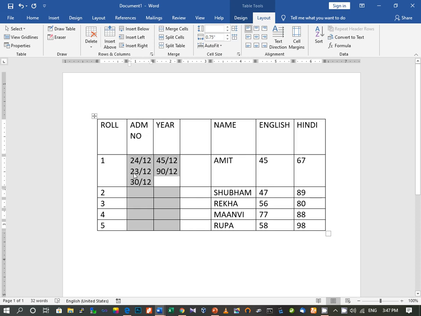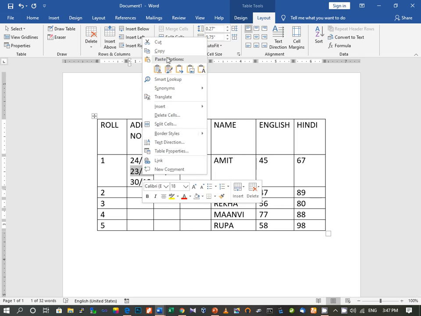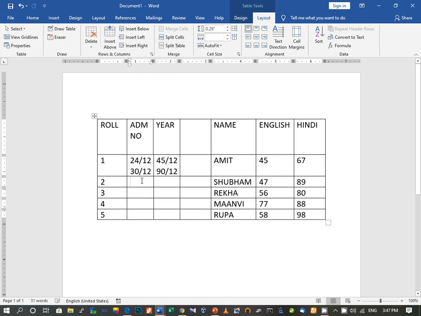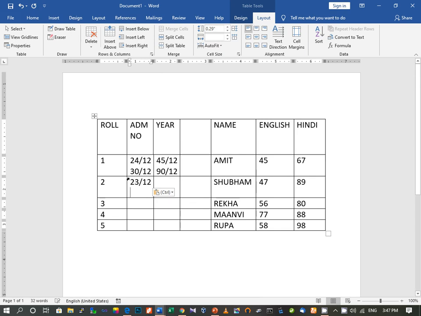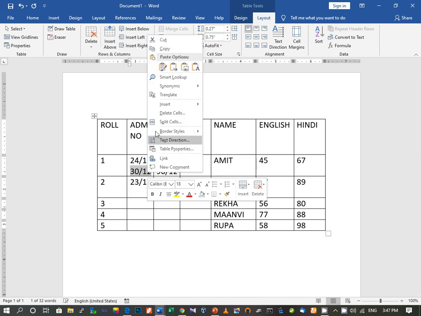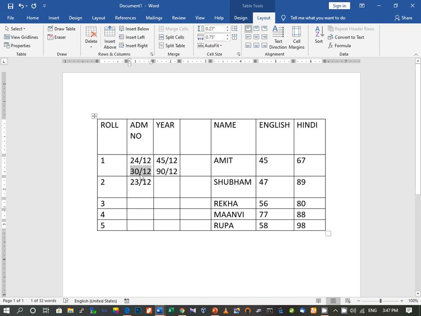Here I am going to paste the data. If you want to enter only the year, meaning the year in which the student got admission, that can be done.